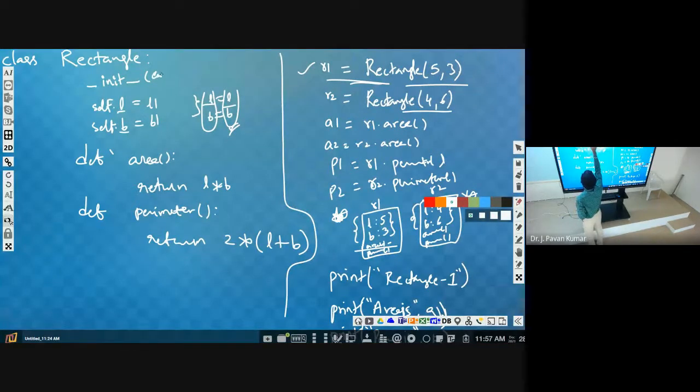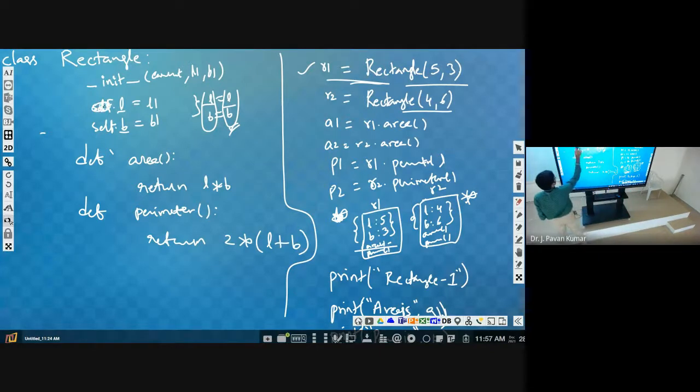Then L1, B1: these values we wanted to store in the object called current. So current dot L is equal to L1, current dot B is equal to B1.